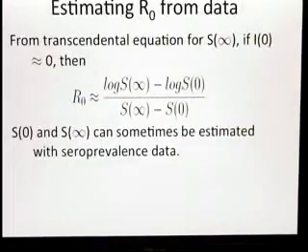So how do you estimate R0 from data? I'm going to present 3 ways today, but let me start with this. Starting with this little transcendental equation for the number of infectives at the end of the outbreak, you obtain this. If you assume that at the beginning of the outbreak there's just a small number of infectives, then that expression says that R0 is approximately equal to this expression.